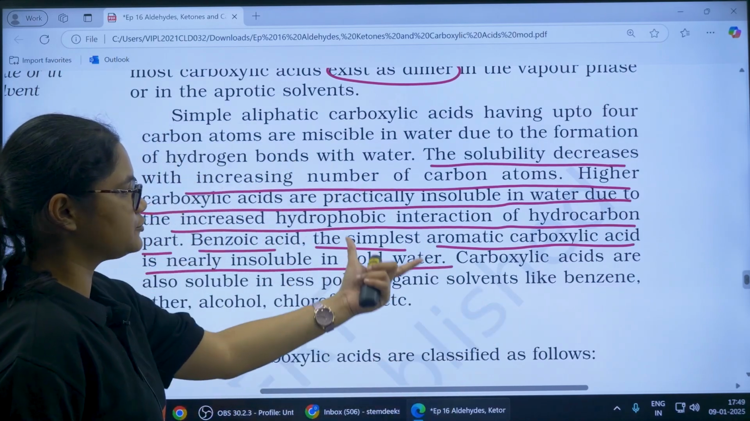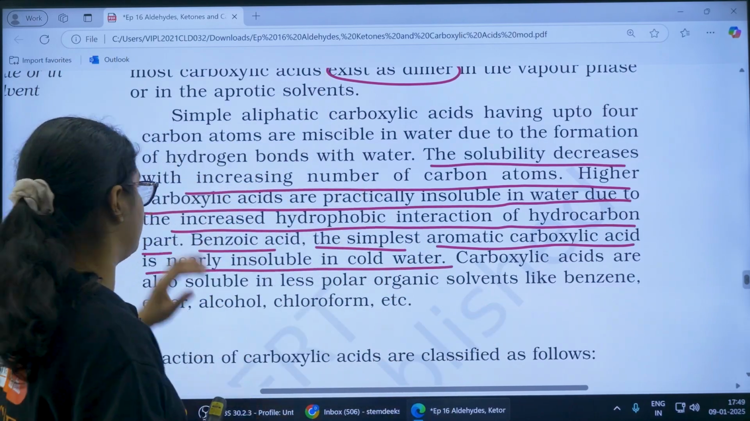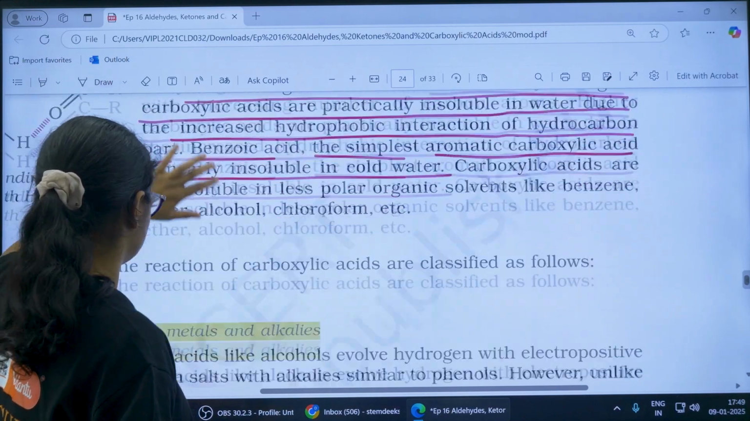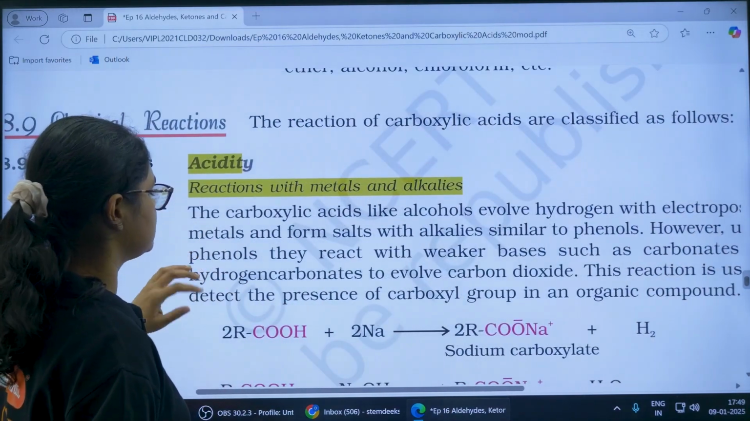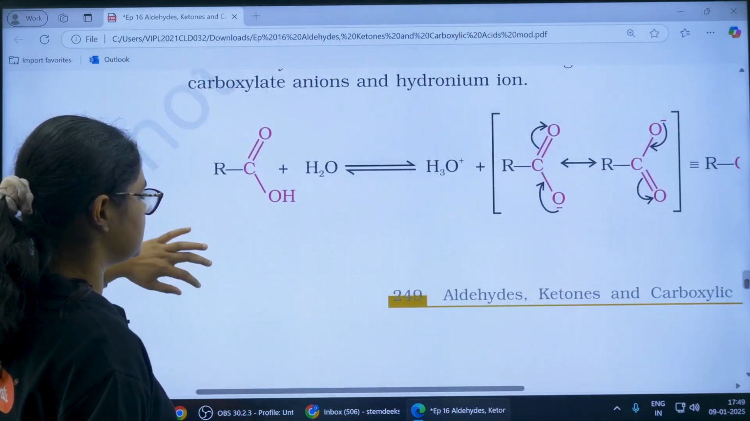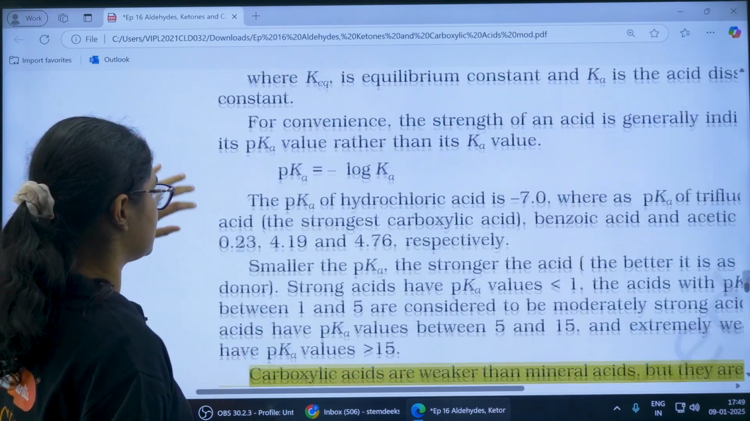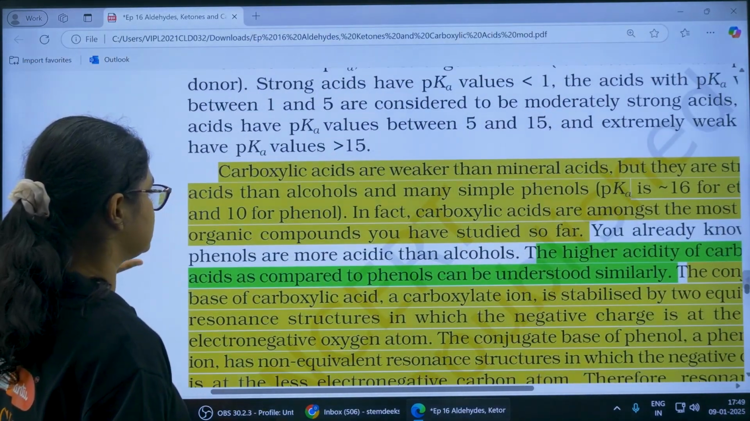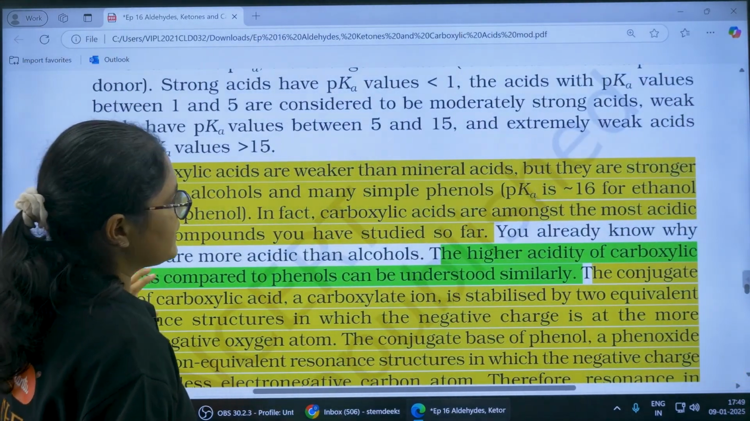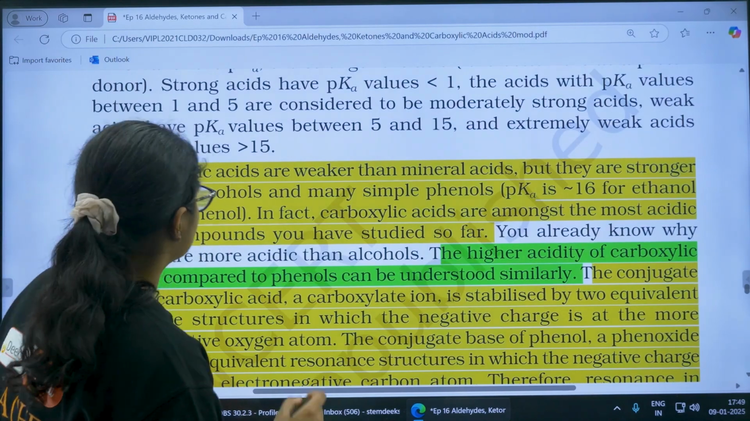Okay, so this is about solubility, that is about the boiling point. After this we'll move towards the chemical properties. So the reactions with metals, that is the acidic nature. These all things you have to study, there is nothing important. Yes, here something is there that can be asked as a question, that is